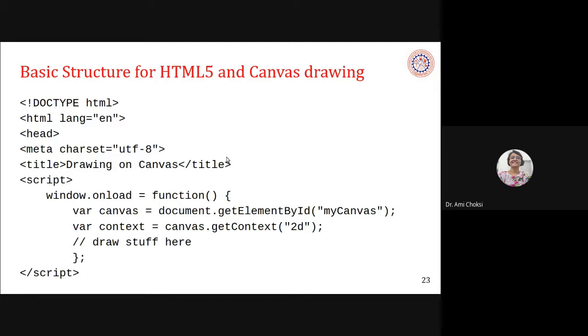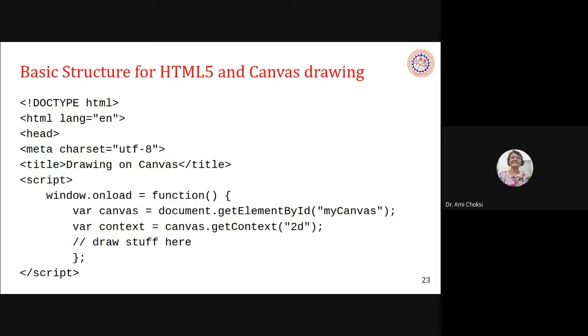Let's see the basic structure for HTML5 and canvas drawing, which will be useful for each and every drawing. That means here we are going to see the basic shapes like a line or circle or rectangle, something like this. For canvas drawing, we need to have this simple structure which will be useful for each and every canvas drawing program.